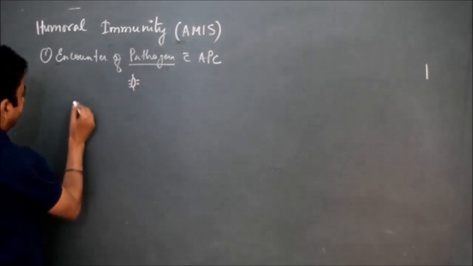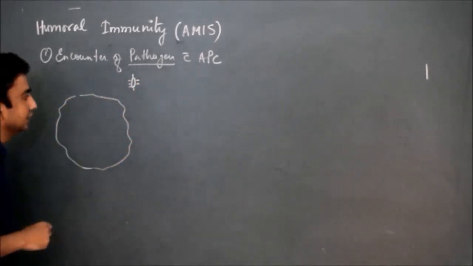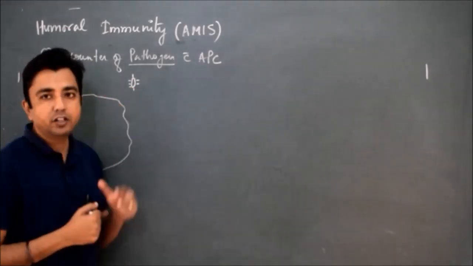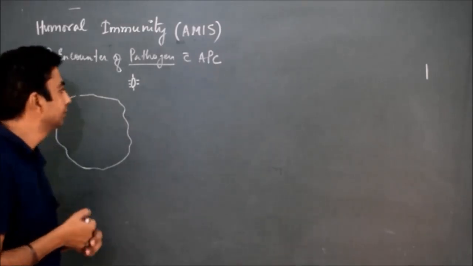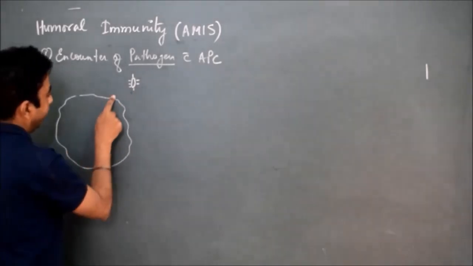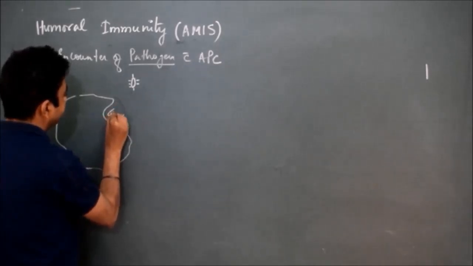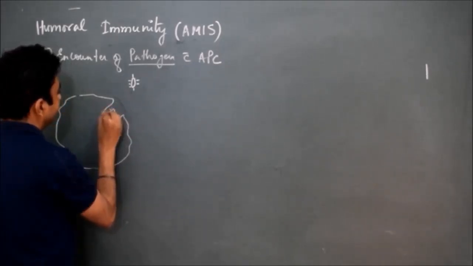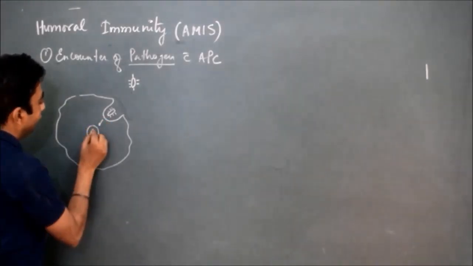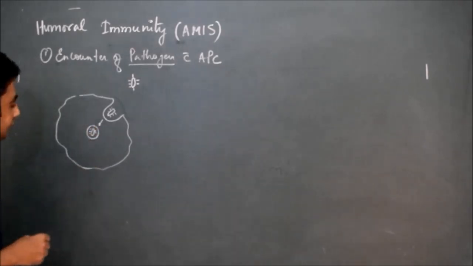Now I am drawing a macrophage. Once this macrophage encounters a bacteria, what will it do? It will phagocytize this bacteria through endocytosis. So first thing that happens is endocytosis, and then phagosome will form. Inside the phagosome, bacteria is there,